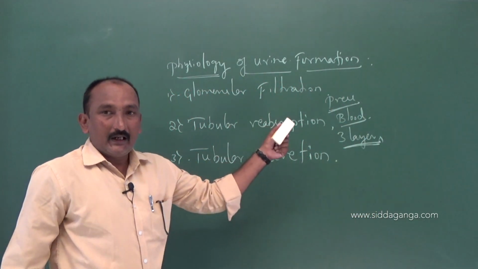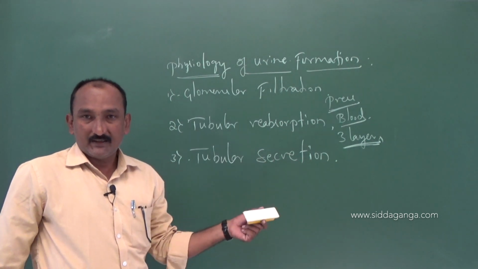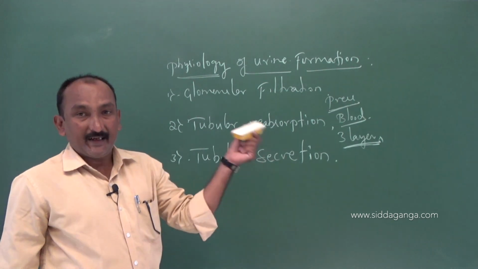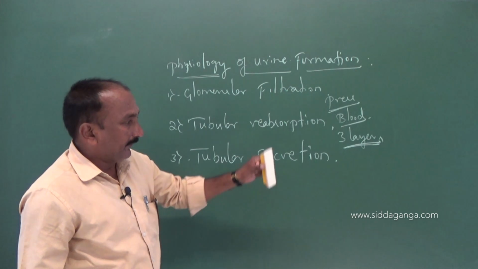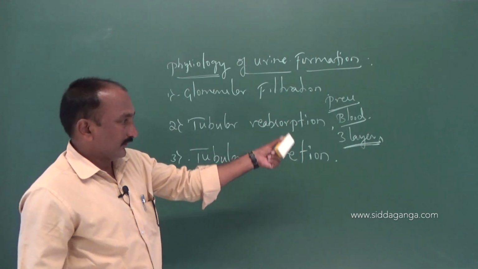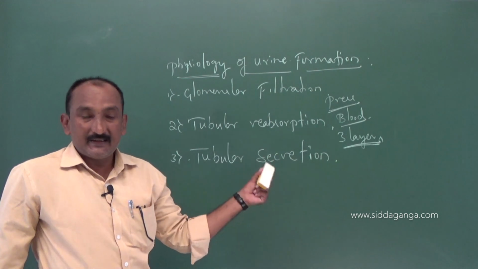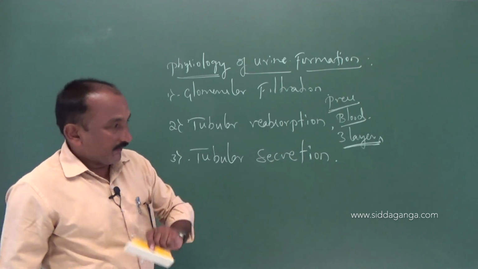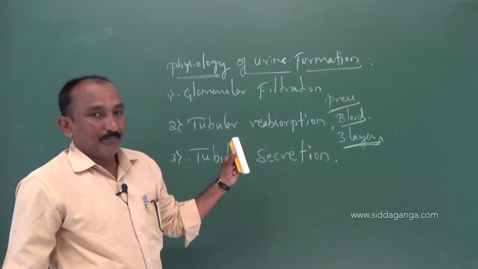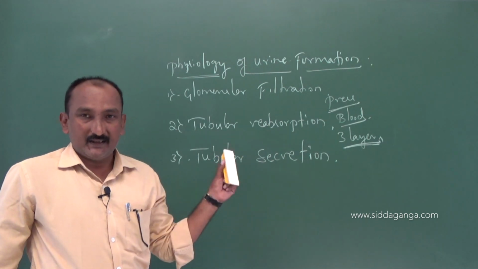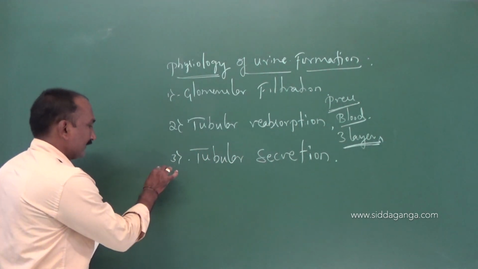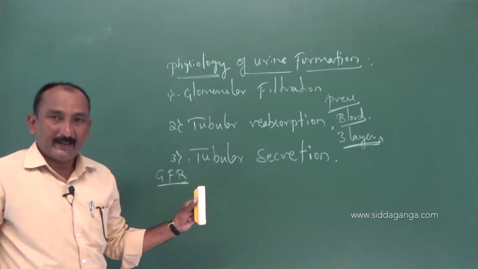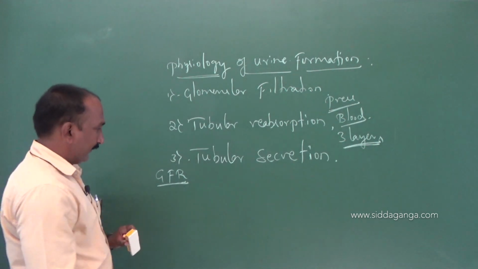the endothelium of the blood vessels of the glomerulus, then the inner epithelial lining of the Bowman's capsule, and in between them the basement membrane. Through those layers the fine filtration occurs, which is why it is called ultrafiltration. Next, as I discussed last class, is the GFR, that means glomerular filtration rate.